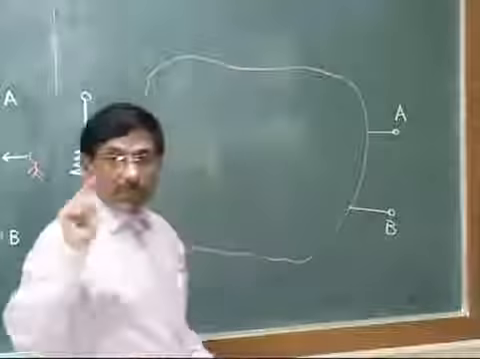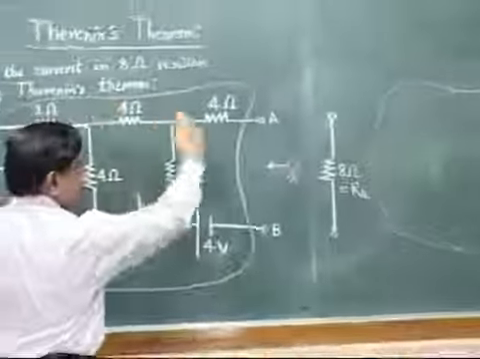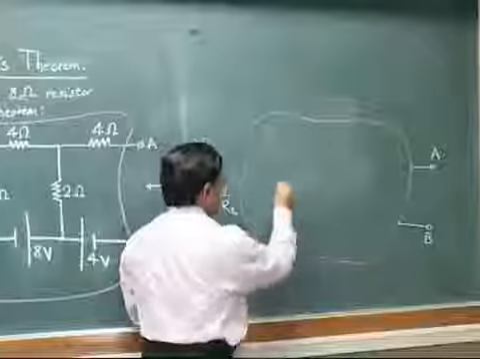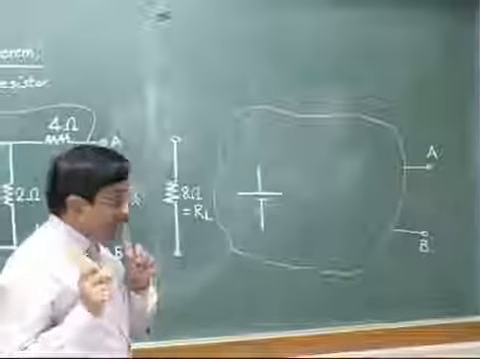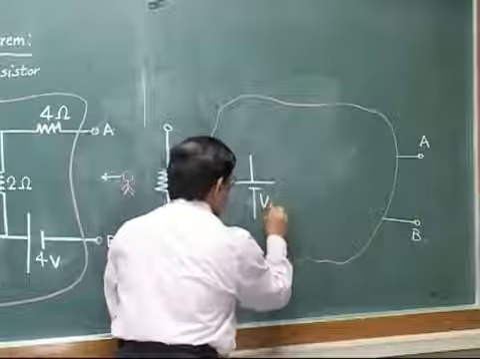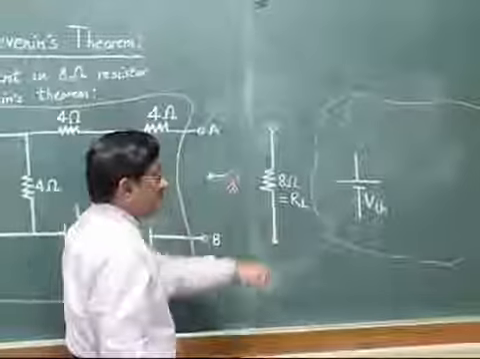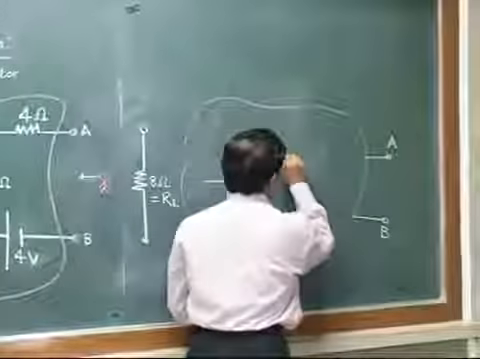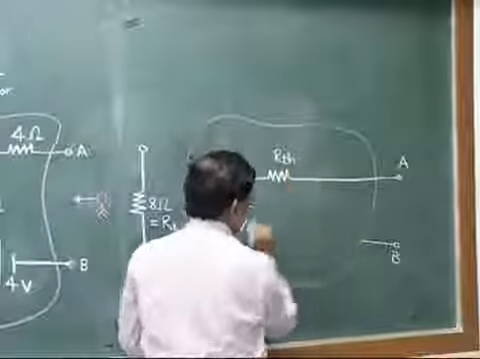And once we find VTH and RTH, what does it mean? It means that this entire thing in this box I can represent with one single equivalent voltage VTH. What was its meaning? Meaning that I had told you, this VTH value is nothing but the open circuit voltage across points A and B. And then in series with this, there will be one single resistance RTH. So the circuit finally becomes like this. Okay,